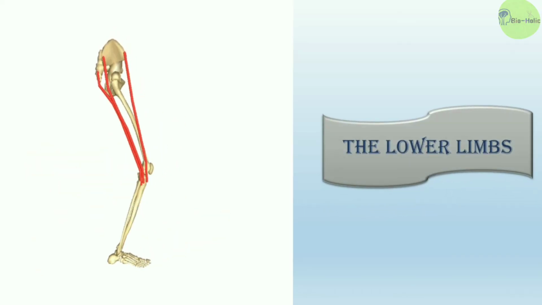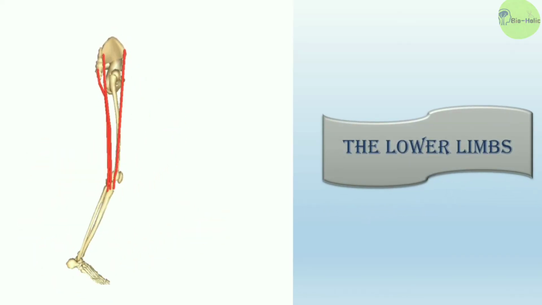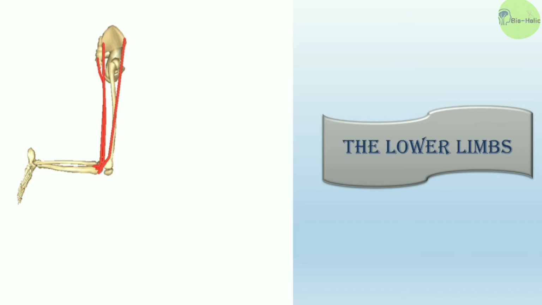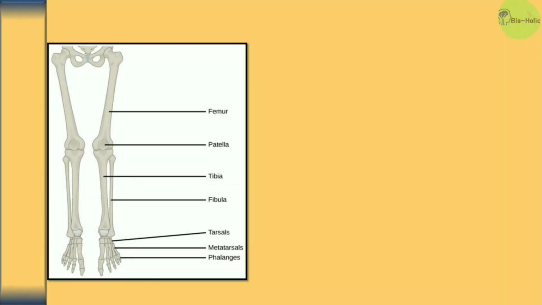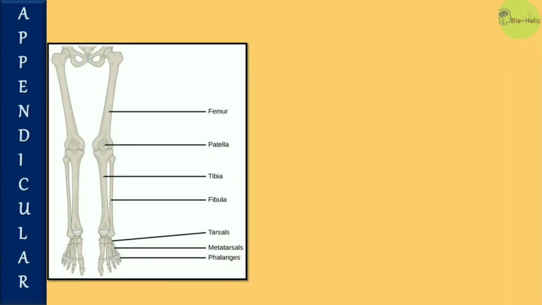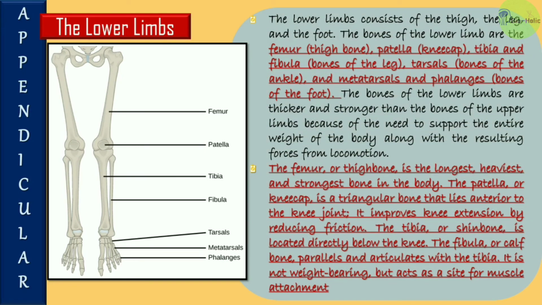And lastly, the bones of the lower limbs or legs. The lower limbs consist of the thigh, the leg, and the foot. The bones of the lower limb are the femur or the thigh bone, the patella or the kneecap, the tibia and fibula or the bones of the leg, the tarsals, the bones of the ankle, and the metatarsals and phalanges, the bones